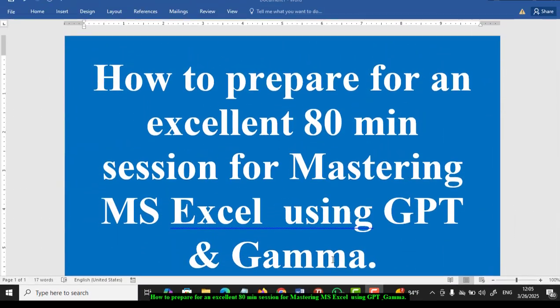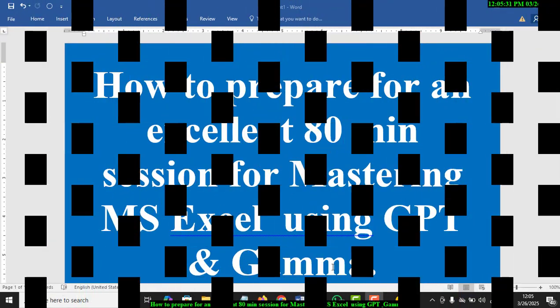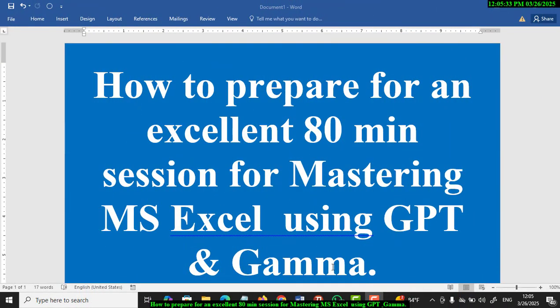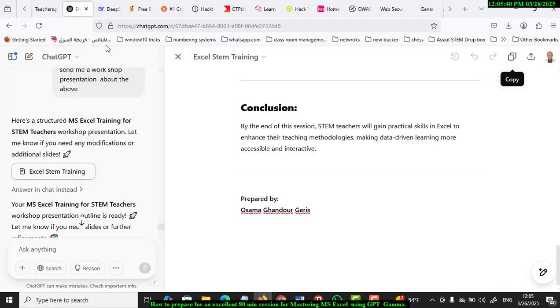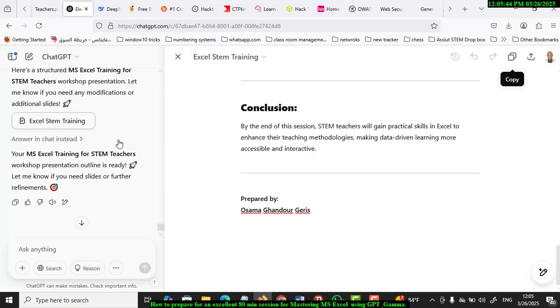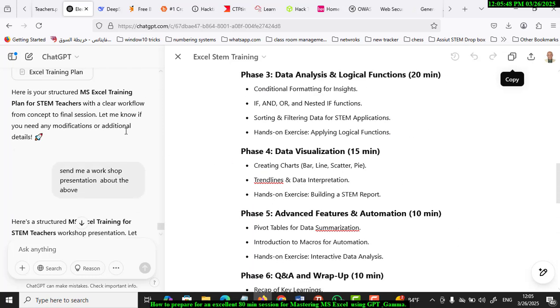Hello teachers, how to prepare for an excellent 80-minute session for mastering Excel using ChatGPT and Gamma. Follow me. First of all, you have to go to ChatGPT and give it a prompt for doing this. The prompt says this one,